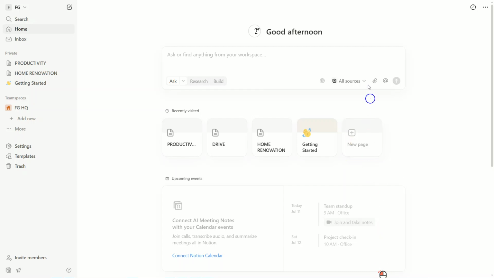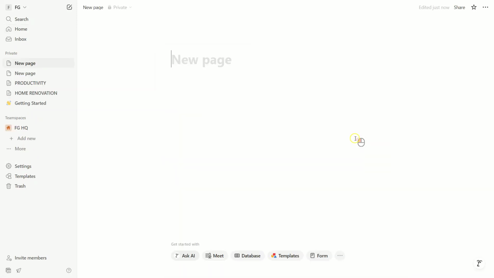Today, we're diving straight into how you can use Notion to map your career path, your ultimate 2025 guide. First things first, you'll need to create a new page in Notion. Title it something like Career Path 2025. This is where you'll be plotting out your professional journey for the next few years. This helps us because it gives us a dedicated space where we can see our career goals and progress in